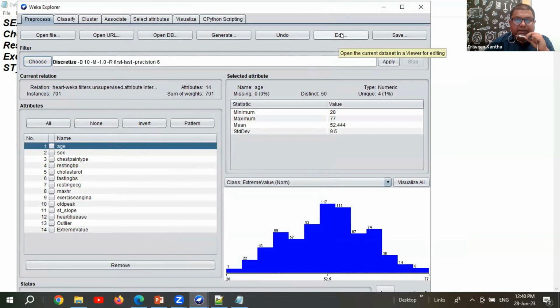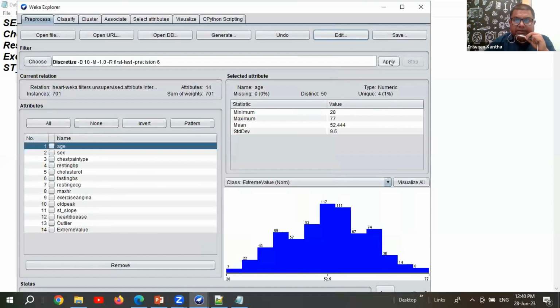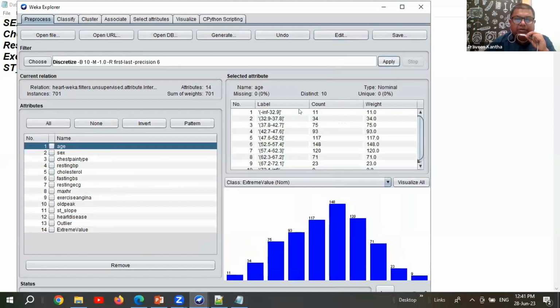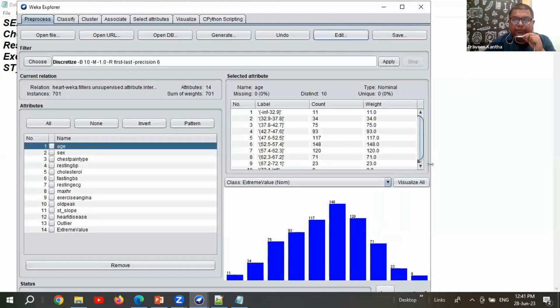Now previously the data set was in this form. After the discretization, after pressing the apply button, you just see all the data in a range form. All the data in a normal range form. All are in a scaling method. After the scaling, we have to simply,